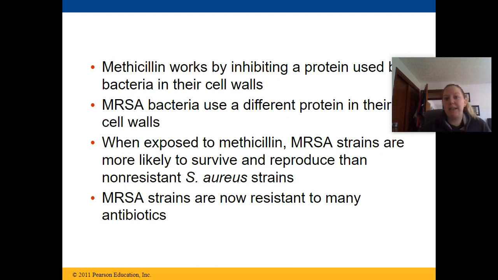Methicillin works by inhibiting the protein used by bacteria in their cell walls. The MRSA bacteria use different proteins in their cell walls now. So when exposed to methicillin, MRSA strains are more likely to survive and reproduce than the non-resistant strains are. MRSA strains are now resistant to many antibiotics, which makes it really difficult to treat, especially when you